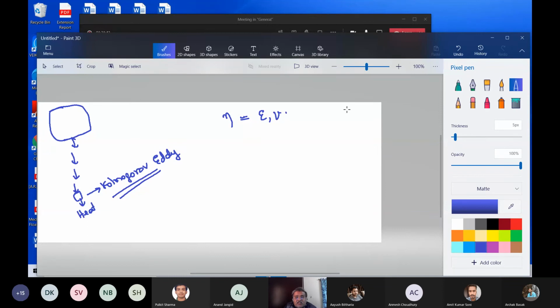The size of the largest eddy, I don't think it will matter for the smallest eddy. Similarly, the time scale of the largest eddy does not matter for the smallest eddy. Large eddies and small eddies are not directly dependent upon each other. This process is independent of the other process, and the size of the eddy must depend only on epsilon and nu. Nu obviously, because it's a viscous process occurring there, so it must depend upon the viscosity of the fluid. That is reasonable to understand.